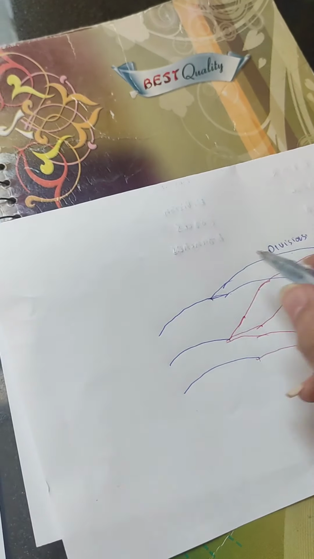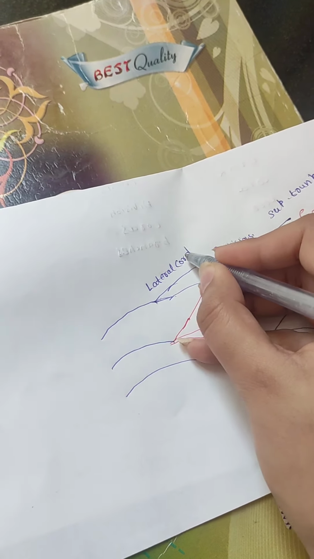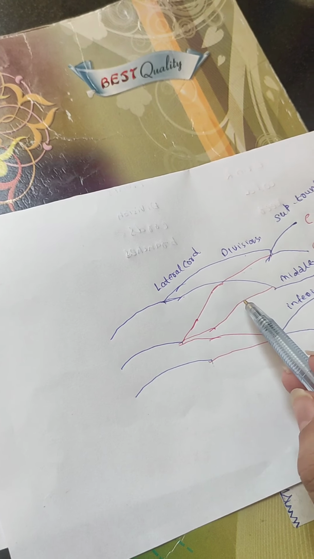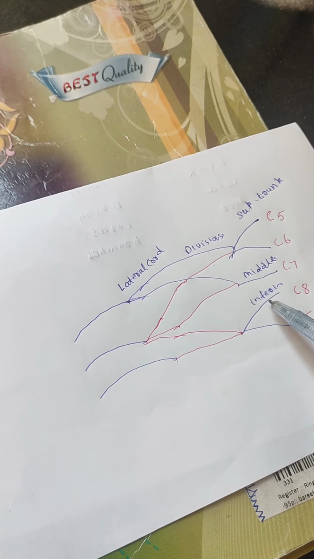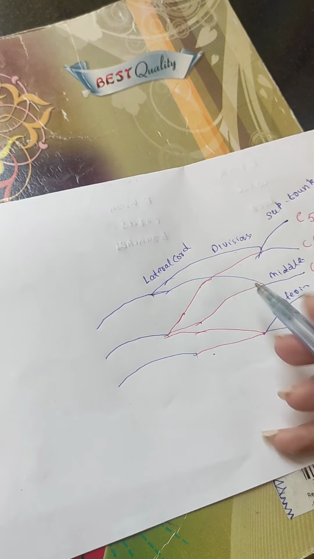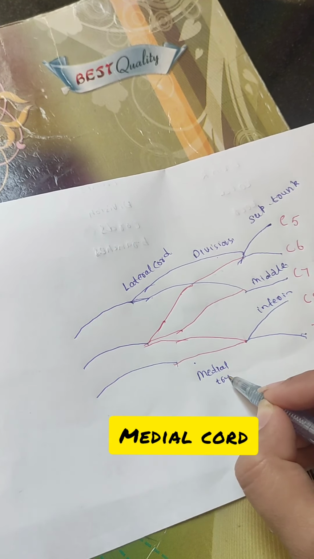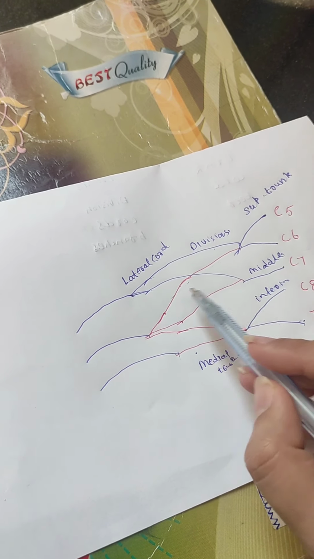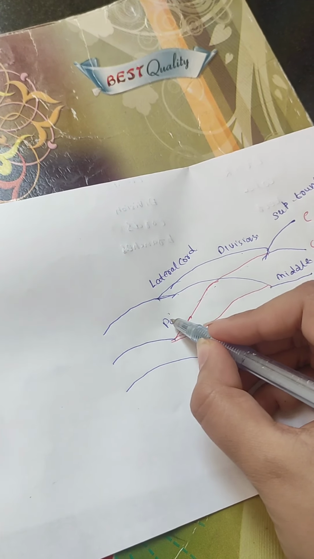So the anterior divisions of C5, C6 and C7 are forming the lateral cord here, while the middle and then inferior trunk anterior division is going to form the medial cord, while all the posterior divisions join here and make a leaf-like shape and form the posterior cord,